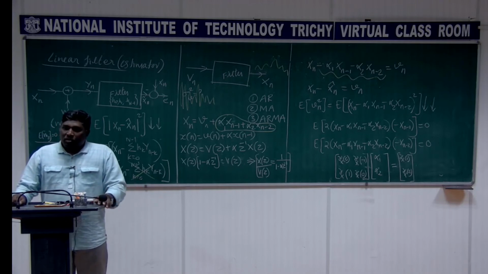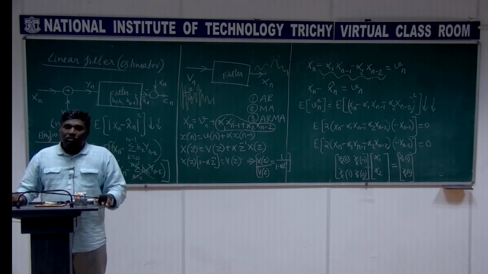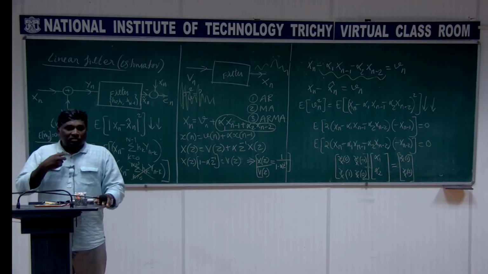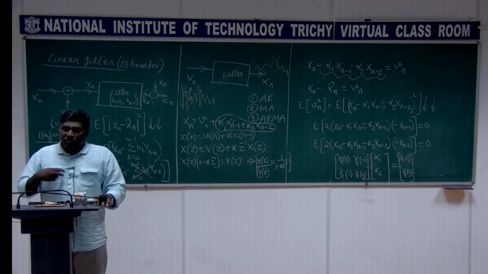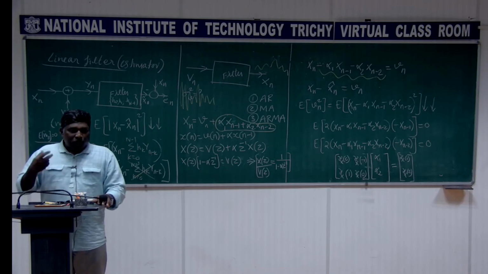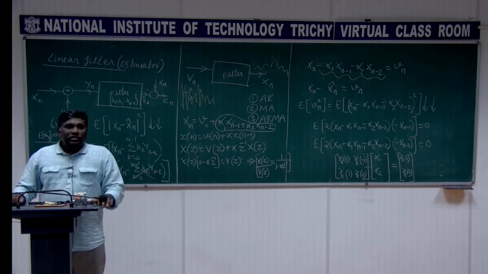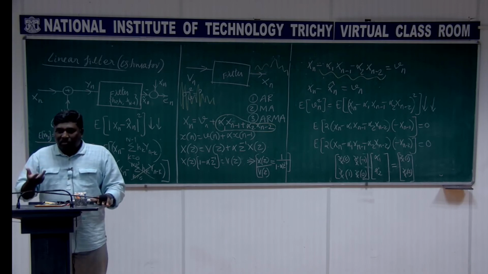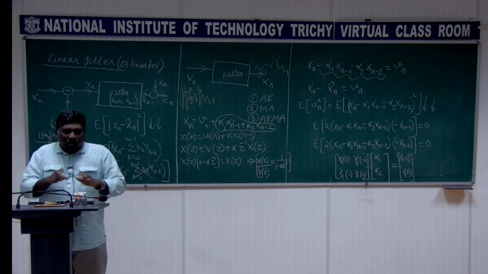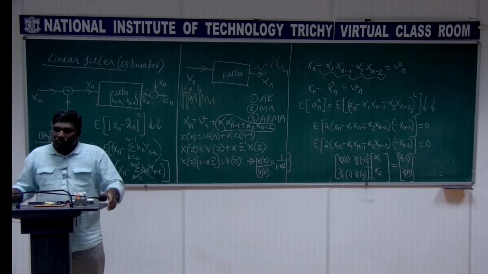Then what you have to do is find out the characteristics of the signal you want to have, like the person who is talking, that speech signal, right? You need the characteristics of that. Characteristics means we need to know its autocorrelation, right? So you need to know that speech signal without any noise, you need to have some record,